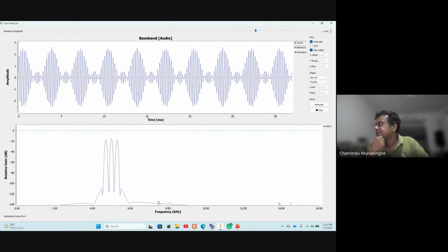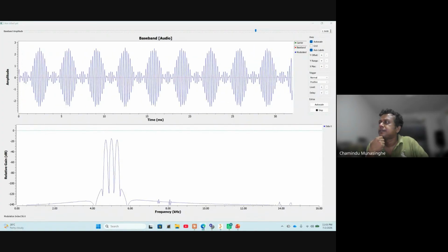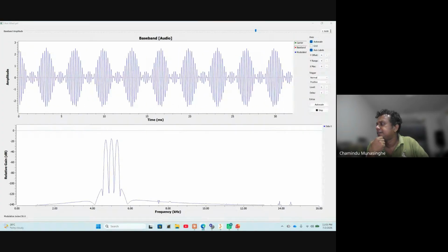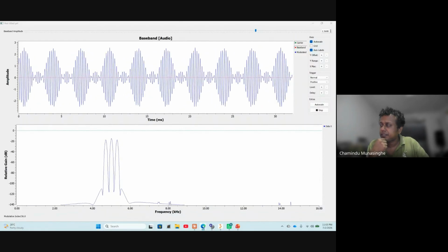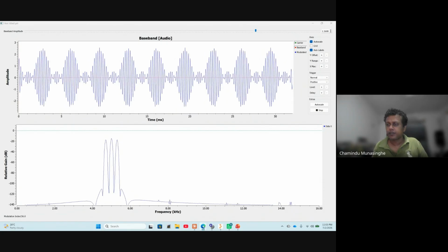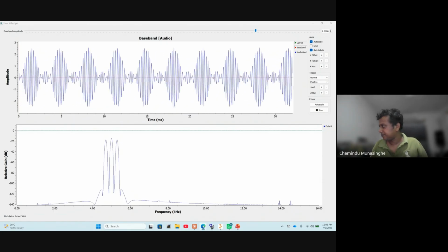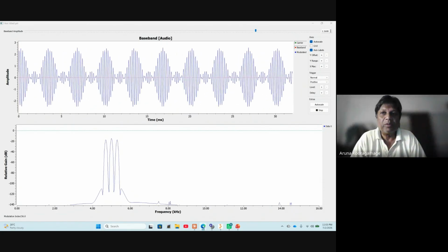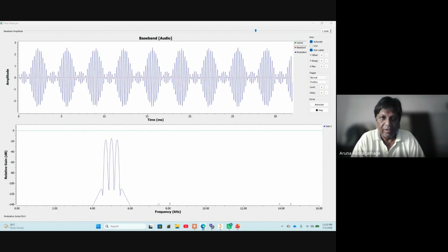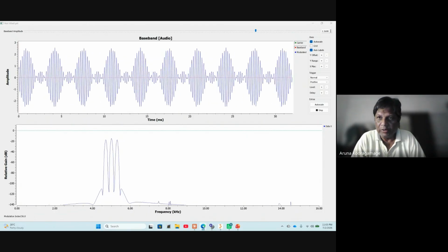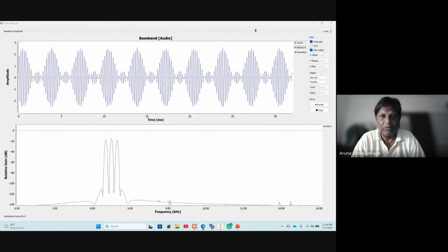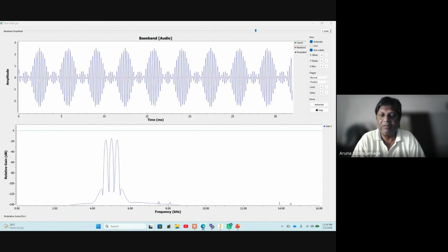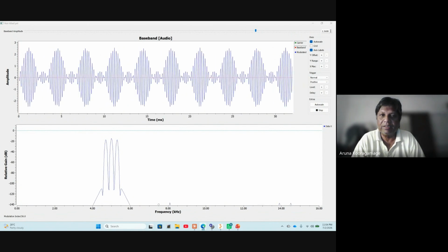Any questions, guys? Any questions about GNU Radio or about what we discussed so far? I think this part is very important. What Chamidu said, over modulation, under modulation, can be exam questions. So we have to know all these things, under modulation, over modulation,